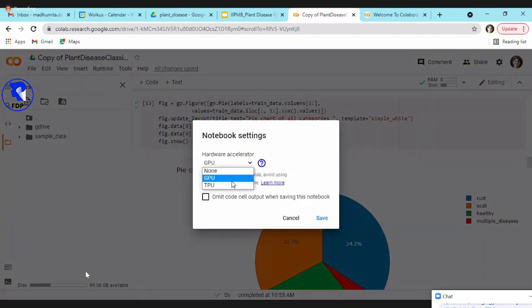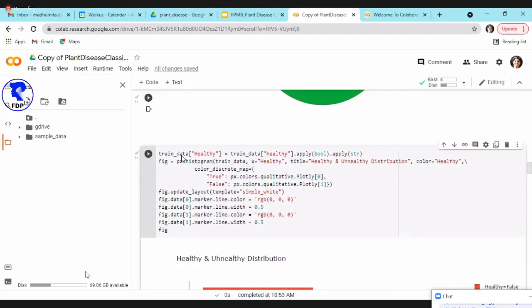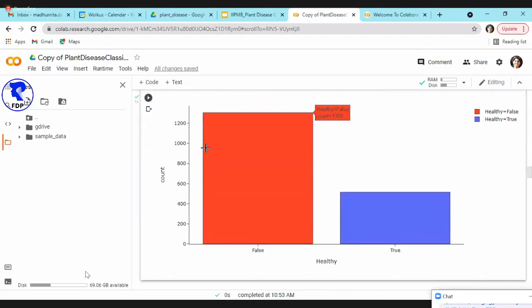You can change the GPU here, and run all these codes sequentially. Otherwise, you won't be able to visualize this graph, because you need some previous functions or codes to run the codes in this cell. So don't run the graph as a first step. Go sequentially. I hope that answers your question.